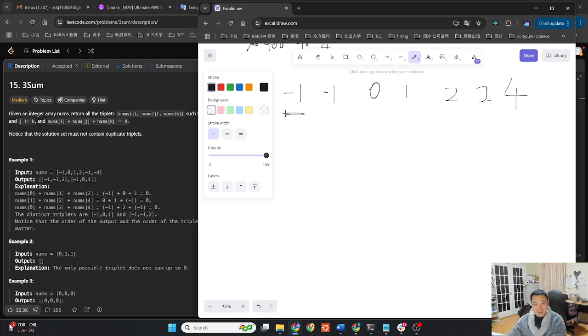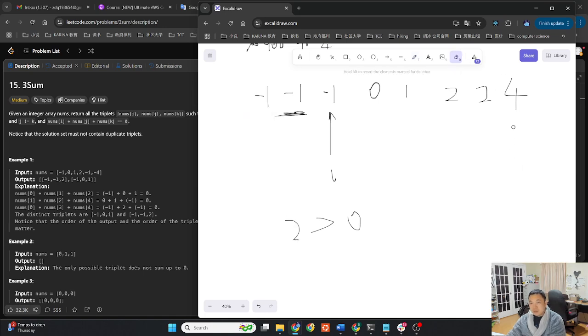We start from the first number, and we have a left pointer and a right pointer. We compare the sum of these three numbers with 0. Like here, this sum is greater than 0, so we move the right pointer